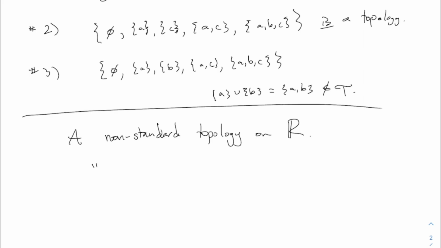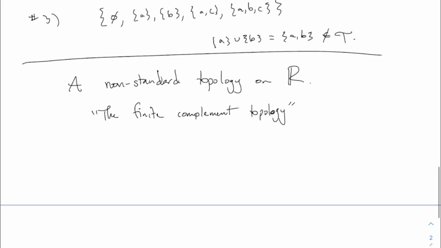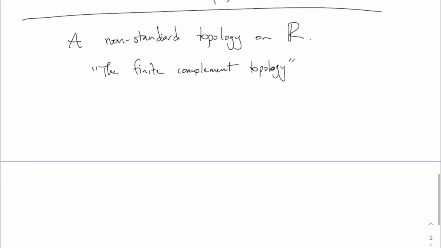This is called the finite complement topology. And this is an example that's going to come up fairly often in the class as a non-standard topology that's still kind of interesting by itself. The examples we've had so far have been kind of made up and artificial, but this one is kind of interesting. So the definition of the topology is a set, let's call it U, a subset of R, is open